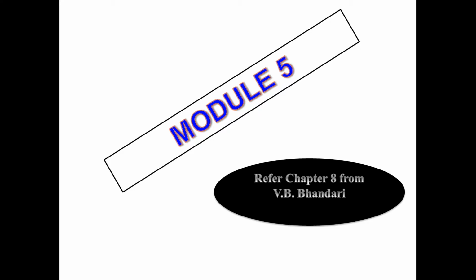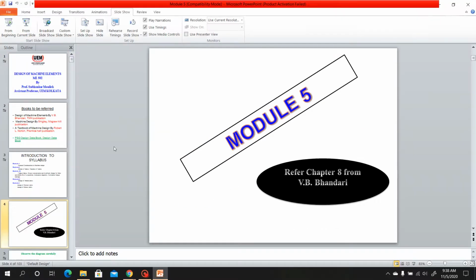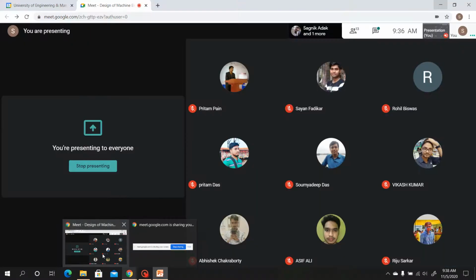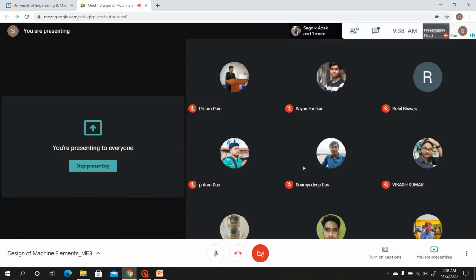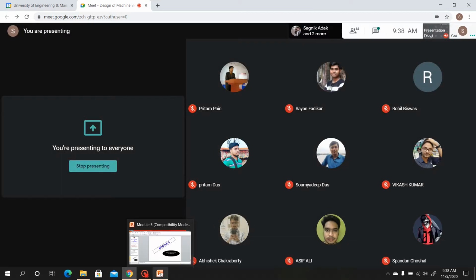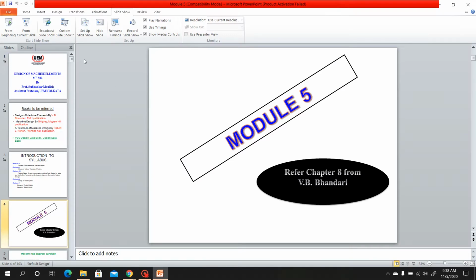I repeat, in chapter number 8 you will get both the welded joint part as well as the rivet joint part.